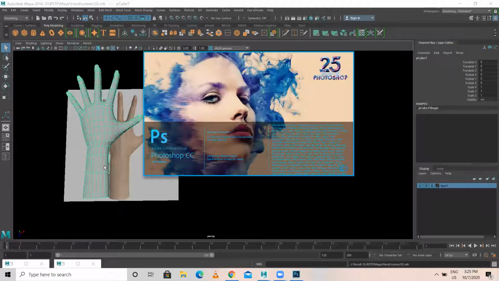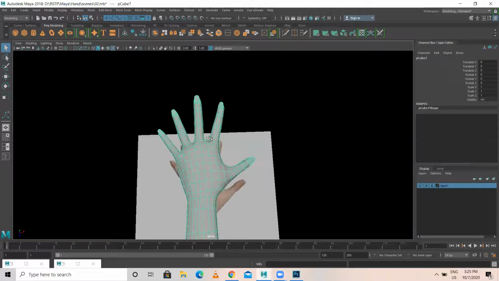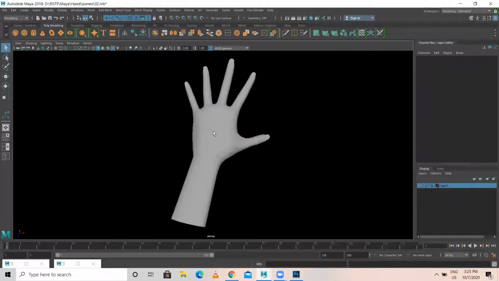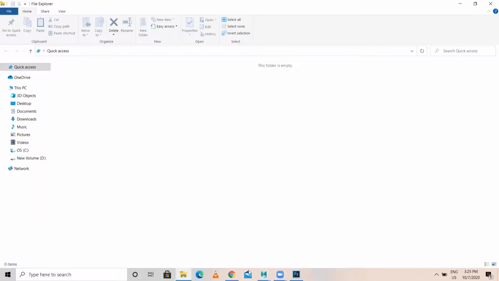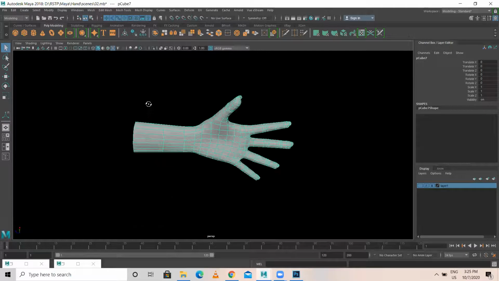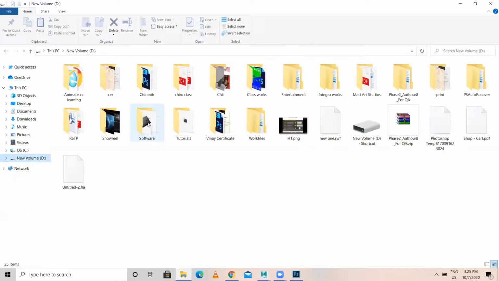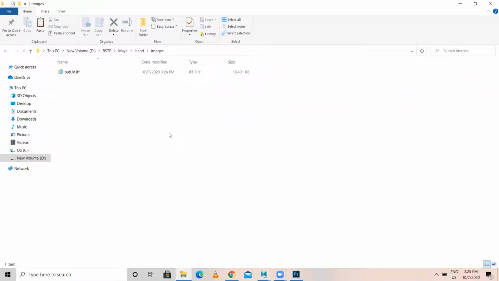Okay, so I have opened Photoshop. Now this is modeling. I'll turn off this. After doing the modeling, we will be taking a snapshot of the model. That's called the UV layout. So that I have done. Anyhow, you will be learning this in texturing as well. But for now, you focus only on doing up to here, only modeling. Okay. So in Maya, and in images I have taken this out UV.